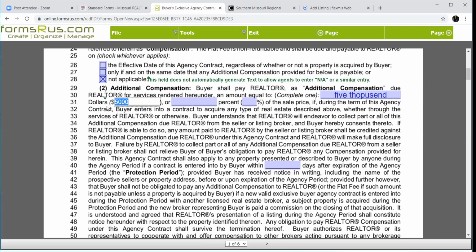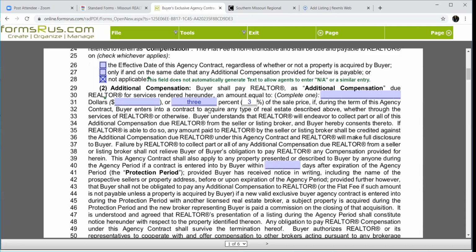Most often you guys are probably going to be working for a commission. And as per usual, if you attend my classes, you will hear me say this over and over again, not to price fix you, but I'm going to give you what you will normally see. You would do this, and then you have the 3 right there. Now, you're going to have buyers that are going to say, okay, wait, I thought that the seller was going to pay my commission. Well, then you take them right down here to this next line 33.